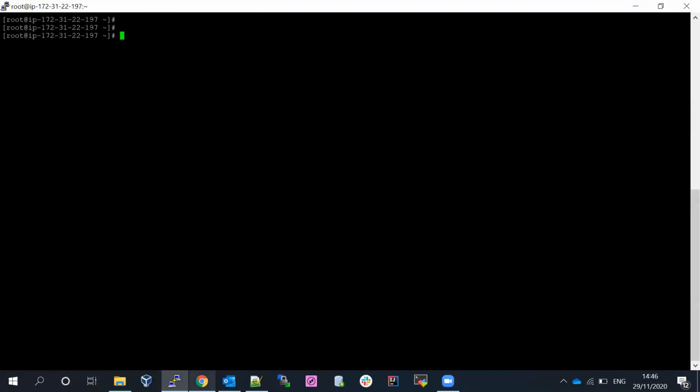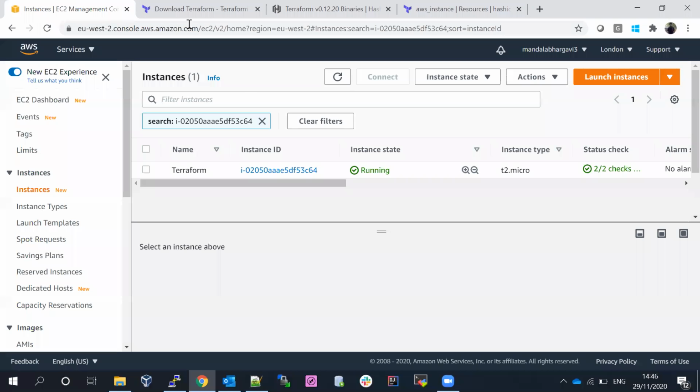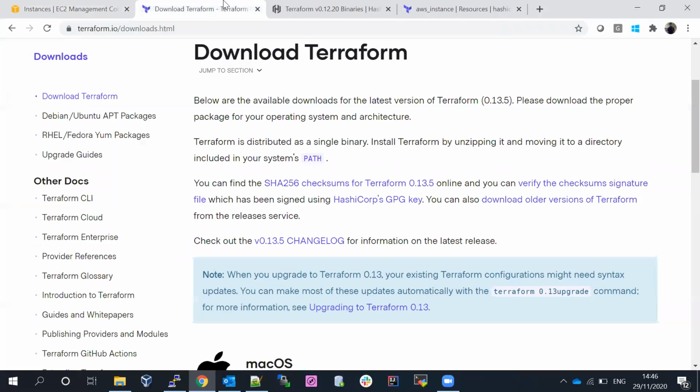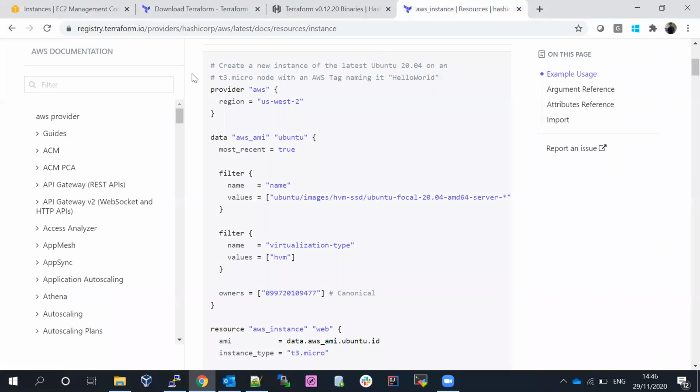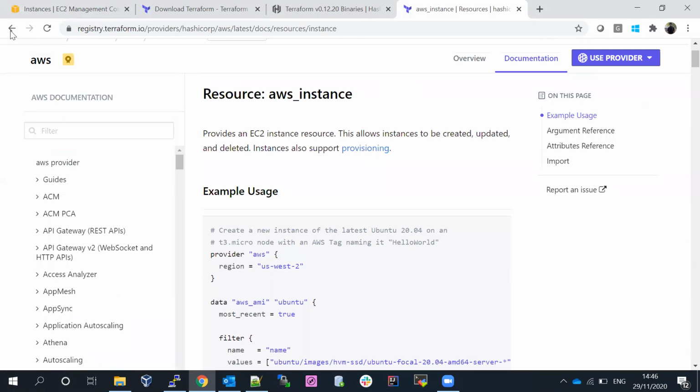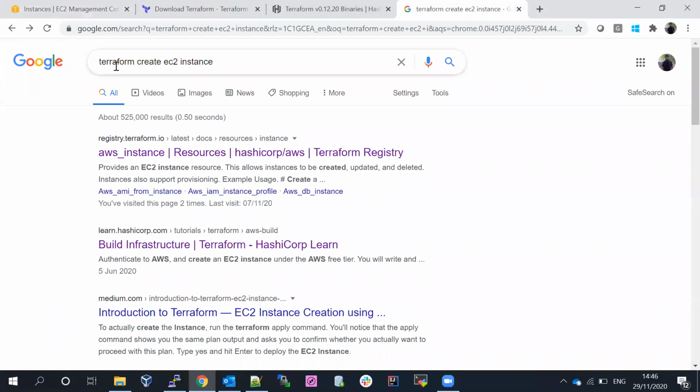Let's go ahead and go to the AWS console. First, I want to create one EC2 instance. Then how are we going to create the EC2 instance? Let me just search in Google: Terraform create EC2 instance. EC2 is one of the services for AWS. Okay, if I click this one,